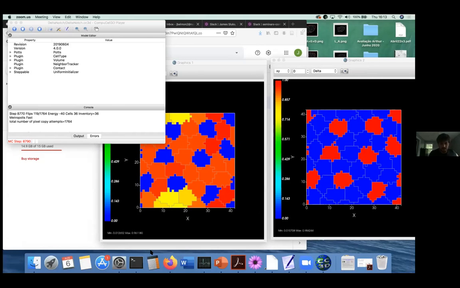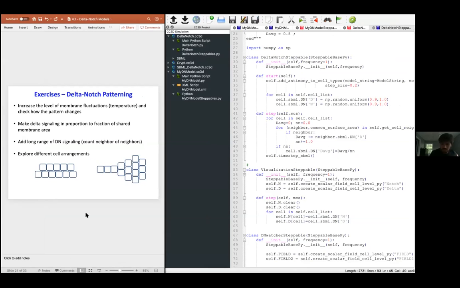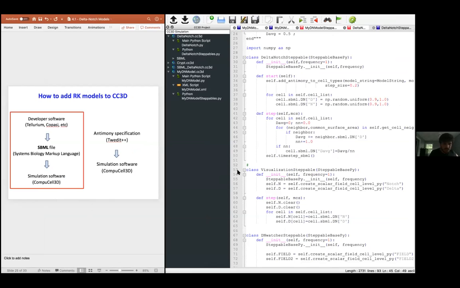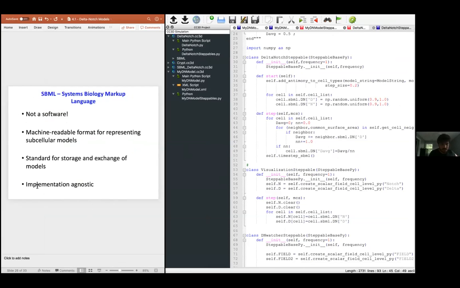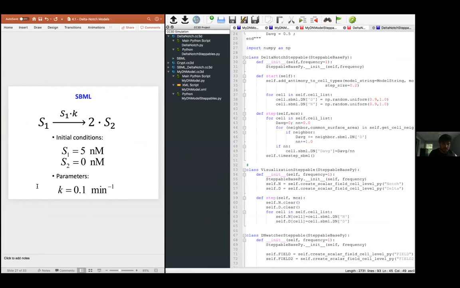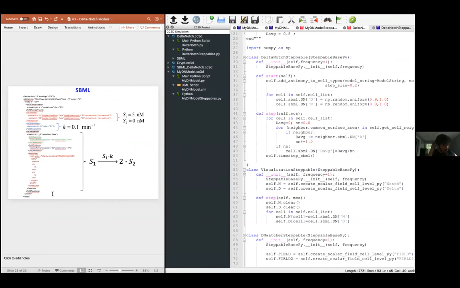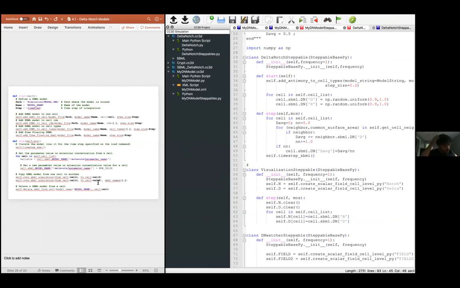Okay, so what I plan to show next is that you can also do the same thing by saving the delta notch model as an SBML file, right? I have a couple of slides here that you can check later to see what an SBML file looks like. So this is a basic reaction. That's how it looks inside the SBML file, and you can load that into CompuCell using basically the same set of